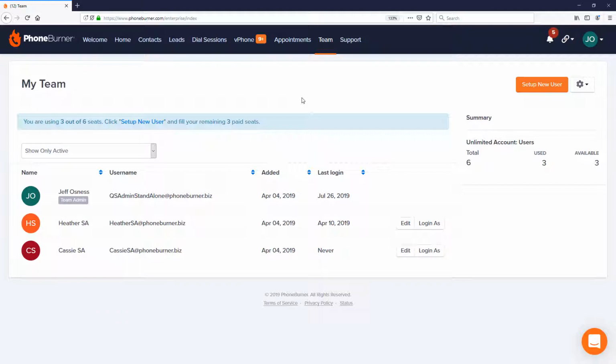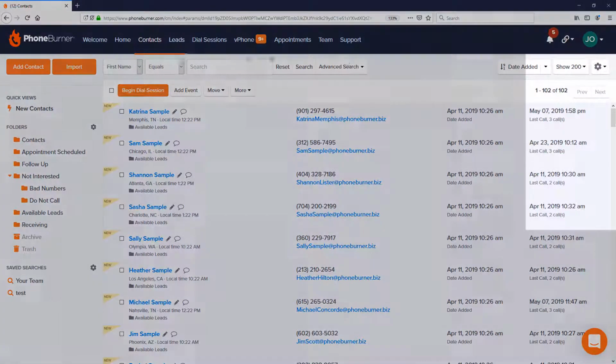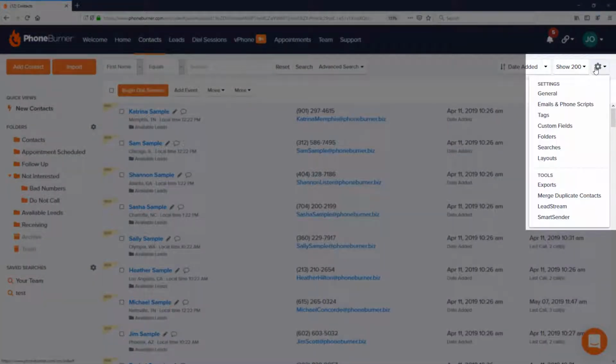On this training, we're going to talk about creating content for our emails. We're going to use a feature that's part of the system that's called SmartSender. You can access this feature by going to the Contacts tab. From the Contact Manager over on the right-hand side, click on the gear and go down to the SmartSender option